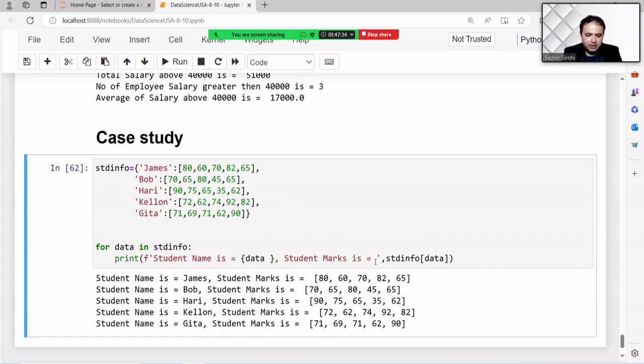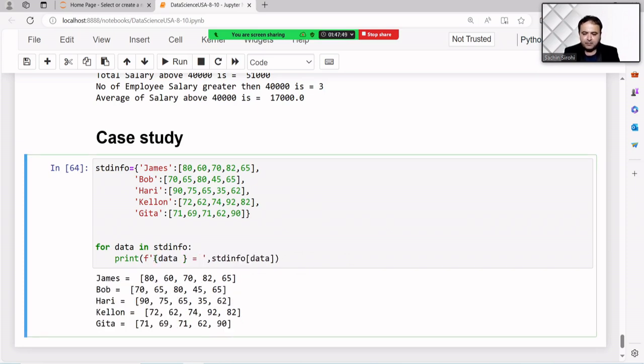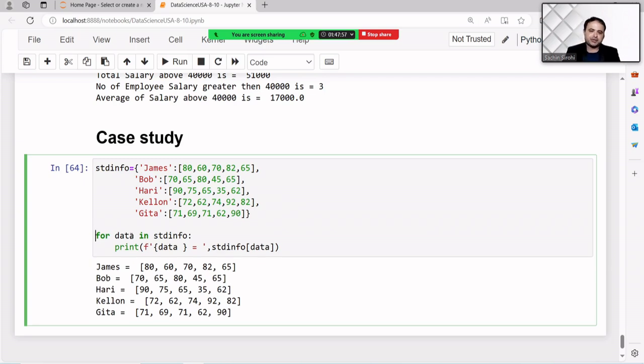So it is not a good thing, it is very congested. Just pass only the simple one. Perfect. Now anyone can think how we can find the average.